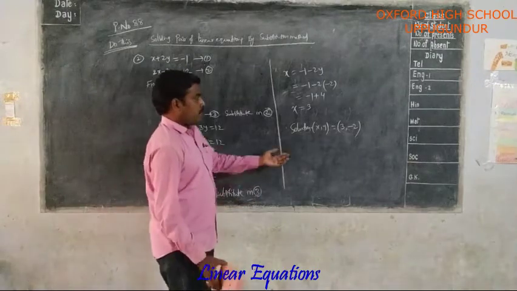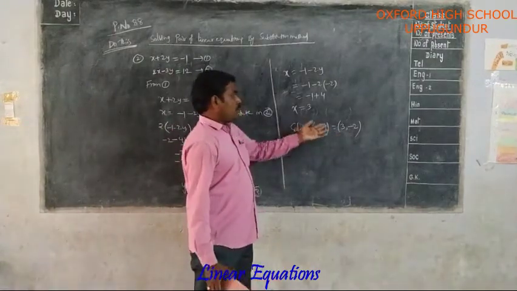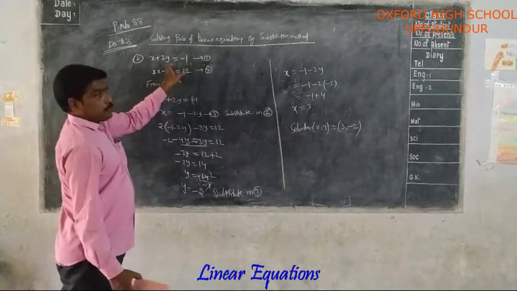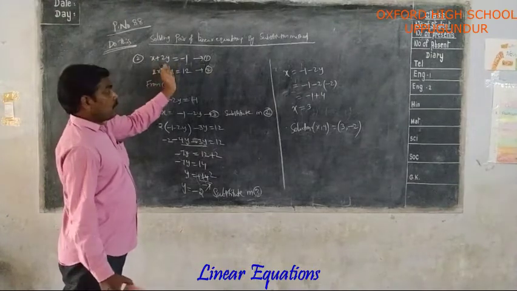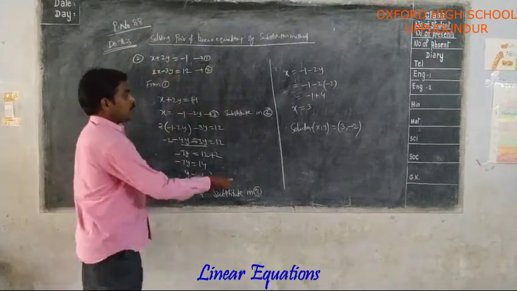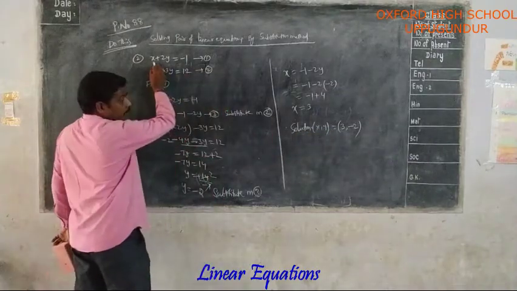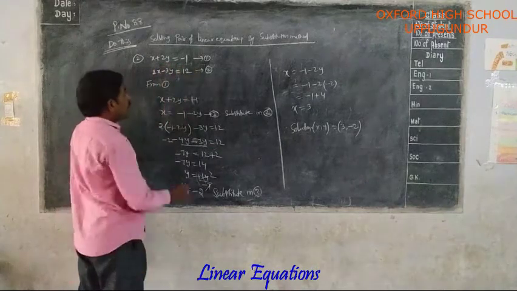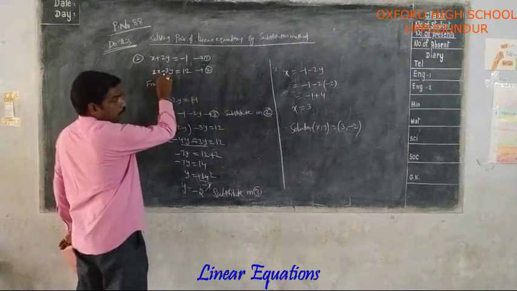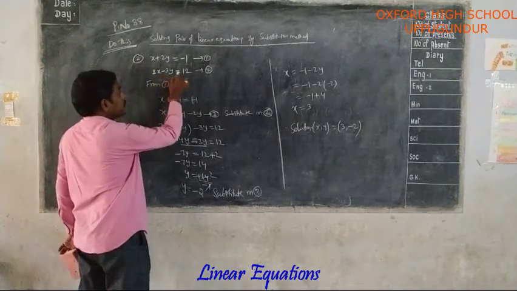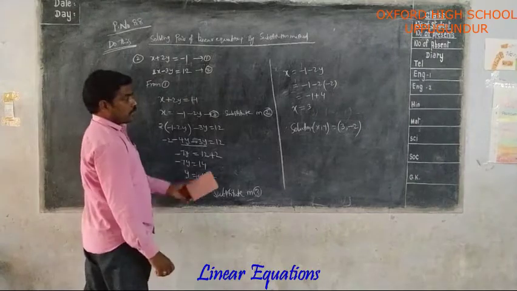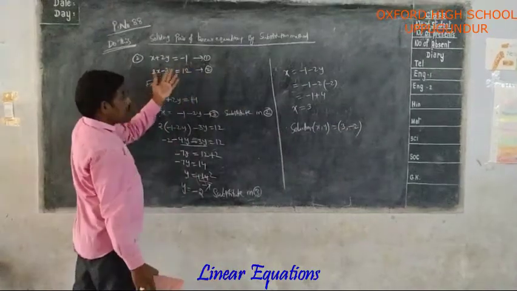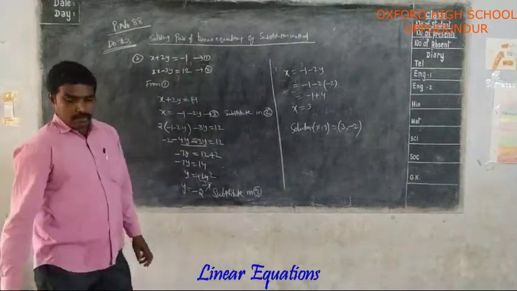Suppose you want to check whether these values are correct or not, simply substitute these values in these equations. If the equation is satisfied, that is, both LHS and RHS are the same, then that answer is correct. When you substitute here, x equal to 3, 3 plus 2 into y value minus 2. So 3 minus 4, minus 1. Next, 2 threes are 6, minus 3 into minus 2, plus 6. 6 plus 6, 12. So in this way you can verify and cross-check whether these are the exact solutions for these equations or not. Next, the third one.